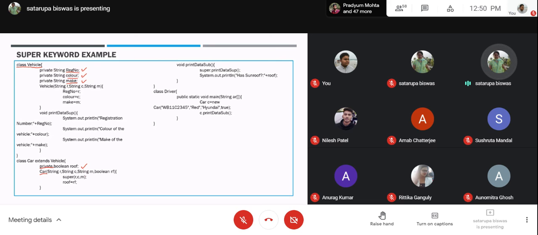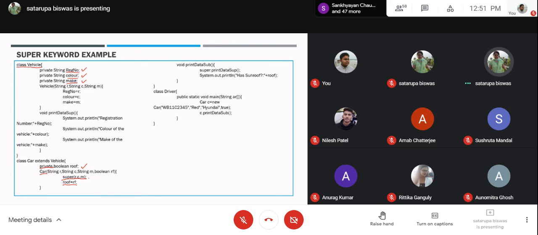Now this arrangement you can change, but when you are sending the data to the superclass while accepting it in the subclass, obviously you have to think about it. The first 3 data refer to the superclass's private variables, and using the super keyword we are accessing the superclass's constructor and sending the values to it so that they can be initialized. Further, we are initializing the roof value present inside this class. So all 4 properties can be initialized here.